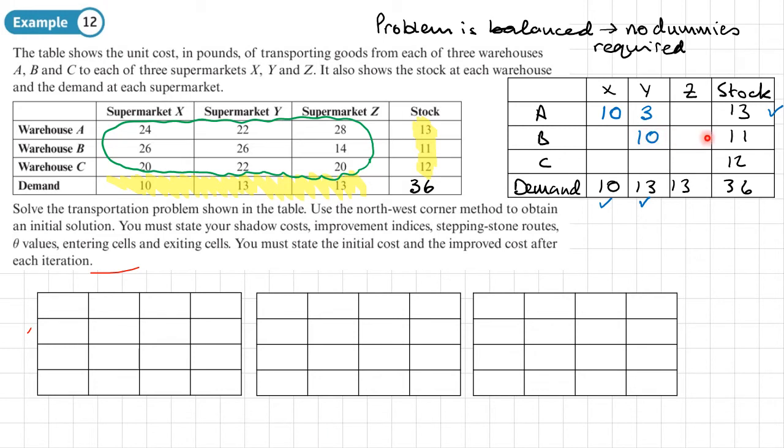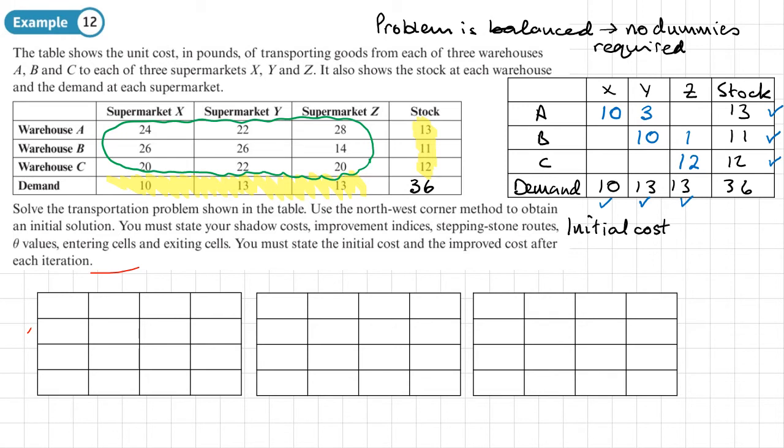And B, they have 1 unit left over, so we'll give that 1 unit to Z, so all of that stock is used up. Z, they need 13 units, and they can get 12 units from C, so their demand is met and all of C's stock is used up. So now using this, we can work out the initial